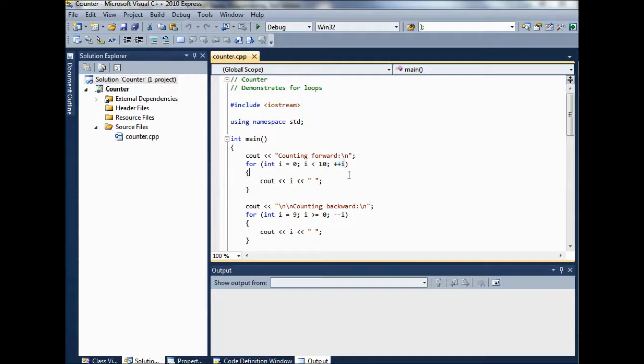Okay, so we start off here with I equal to 0. We print out a 0 and a space, and then we go through the loop again. After we print this out, we increment I, right? And then we check to see if I is less than 10. It is, so we keep going. We increment I again. We keep going until